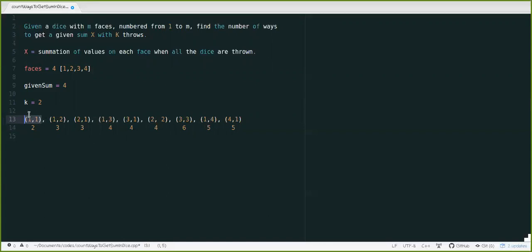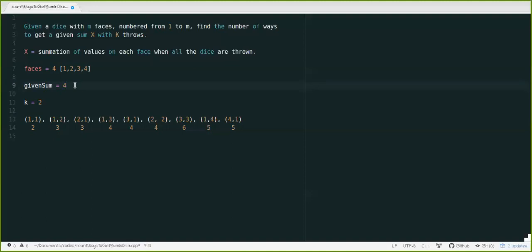But this is not the only one. There can be multiple possibilities. Let's say another possibility is that in the first trial I get 1, in the second trial I get 2, and so on and so forth. In the first trial I get 2, and in the second trial I get 1. So if I look at each and every possibility, there are so many. But out of all these possibilities, I just need to count those possibilities which will give the given sum, the sum which is equal to the given sum.